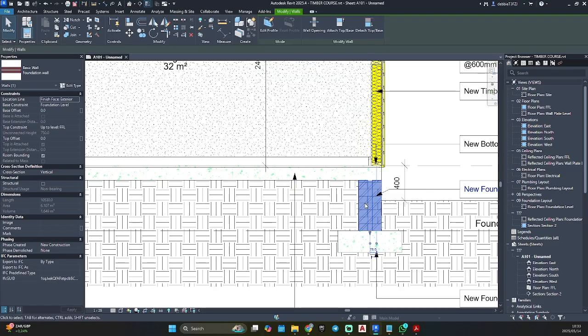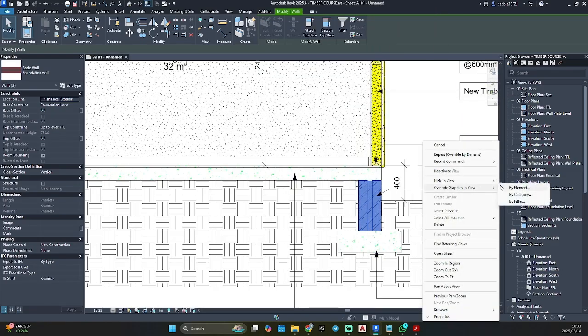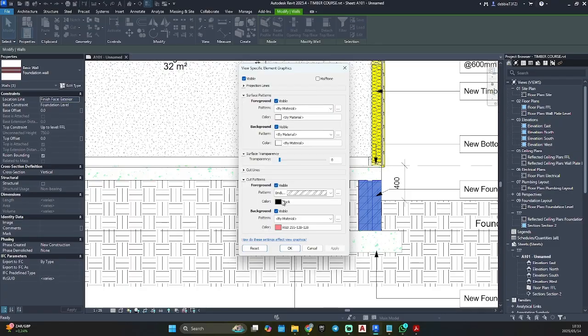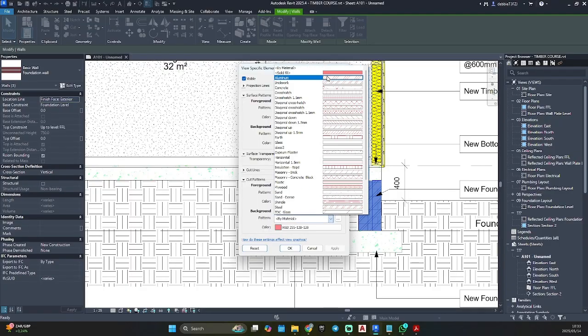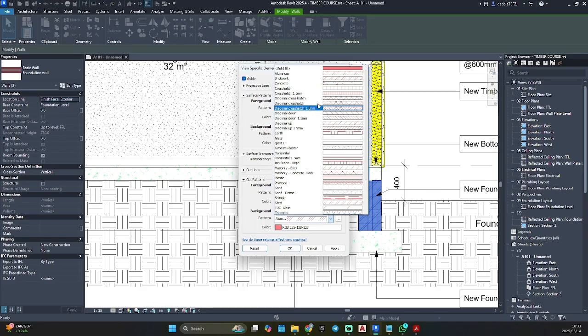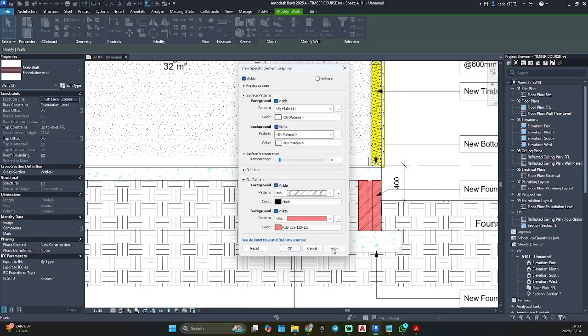See, okay, view, right, by element. It's a bit overpowering.